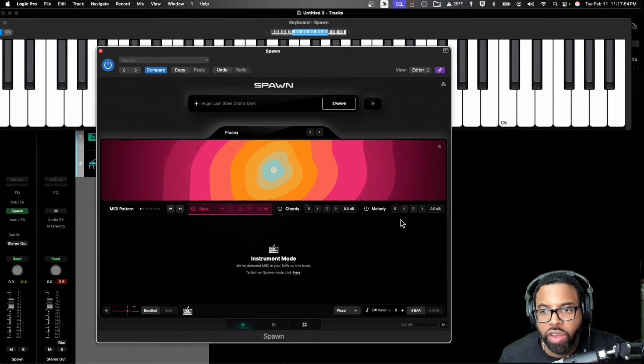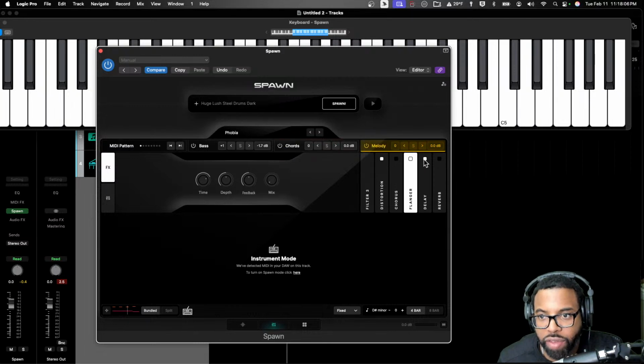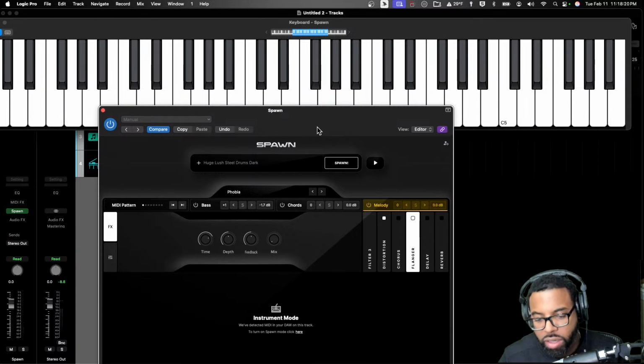If I wanted to go in there, I know that I'm missing a lot as far as editing things. You have to go watch better videos. But if I wanted to adjust some effects on each of the different layers, so I want to take the delay off, maybe the reverb, maybe I want to use some other effects, it is built in. Let's do, what key was it? We said D sharp minor, so E flat minor. So if you want to see the keys,